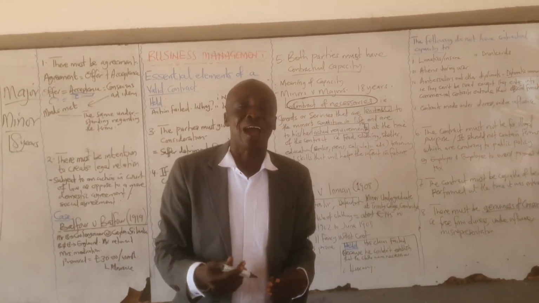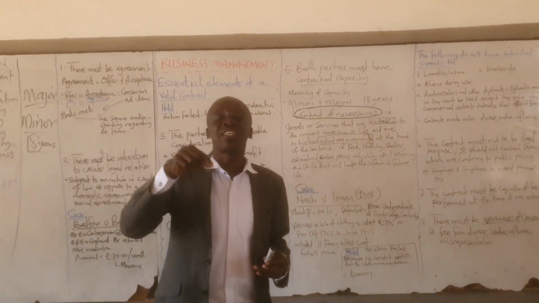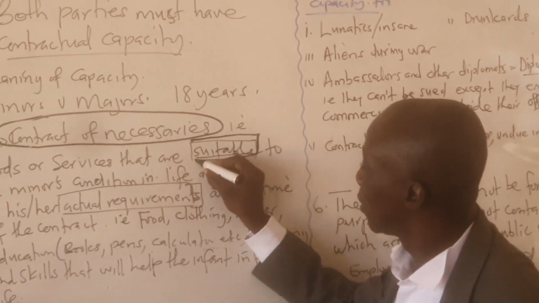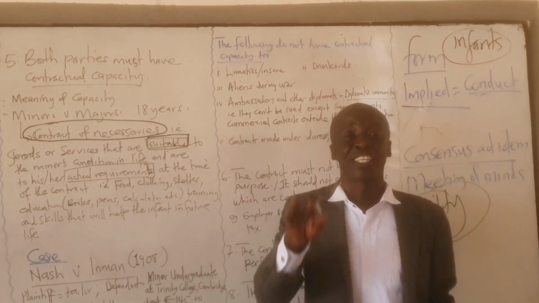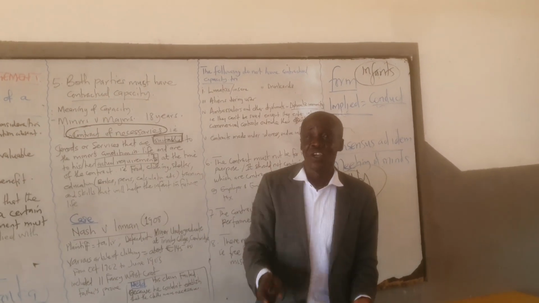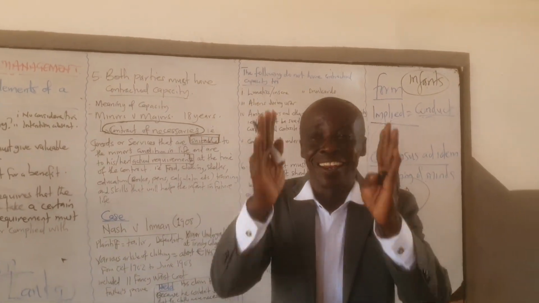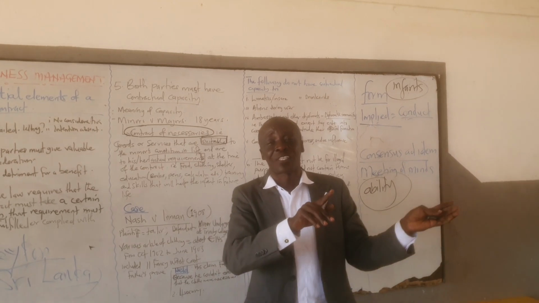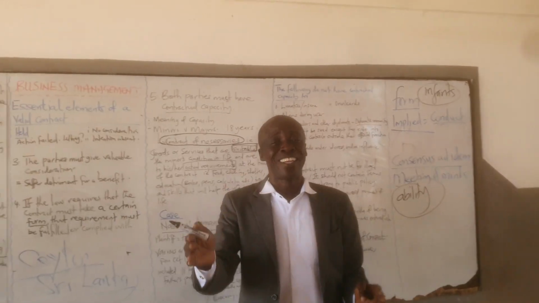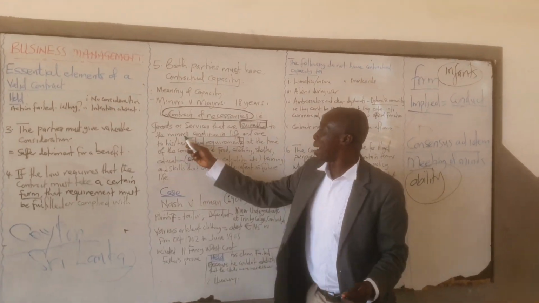When are contracts necessary? Now, you see, there are certain things that are suitable. So, I've written here suitable to the minor's condition in life. They are suitable to the minor's condition in life. So necessaries are goods or services that are suitable. Instead of saying that they are necessary, I'm saying that they are suitable, because it is usually not good using a word to explain the word. So instead of saying necessary, I said suitable to the minor's condition in life,